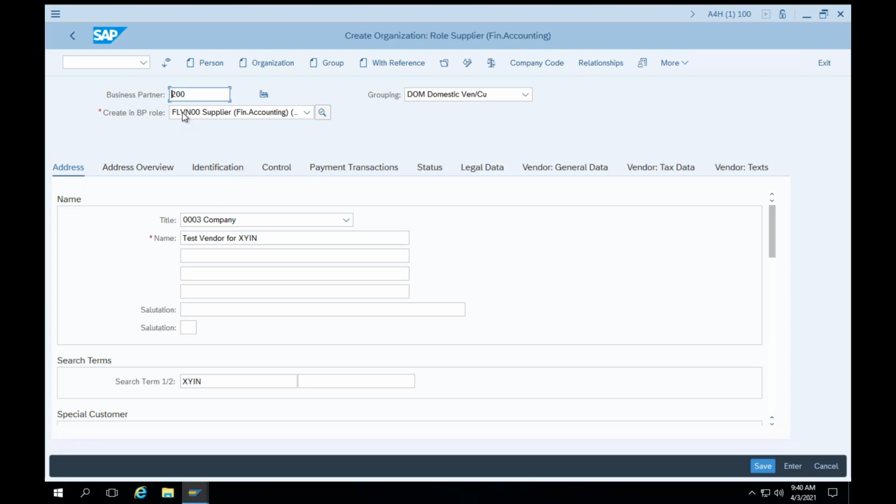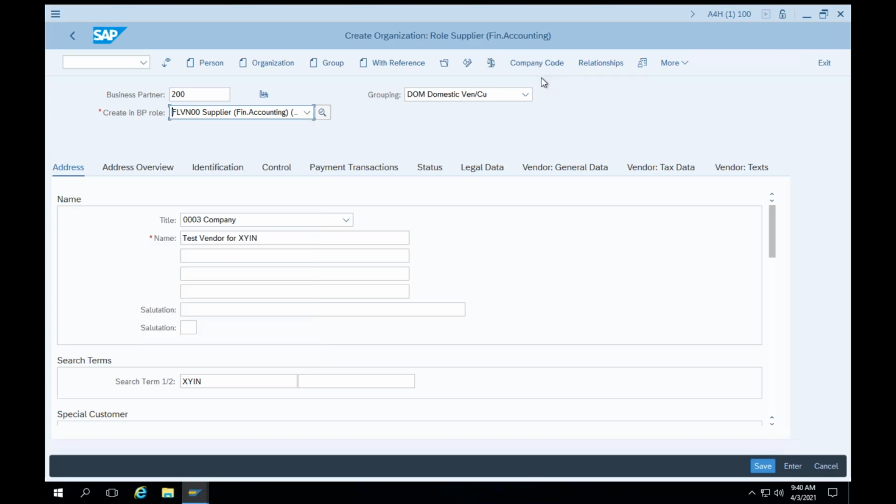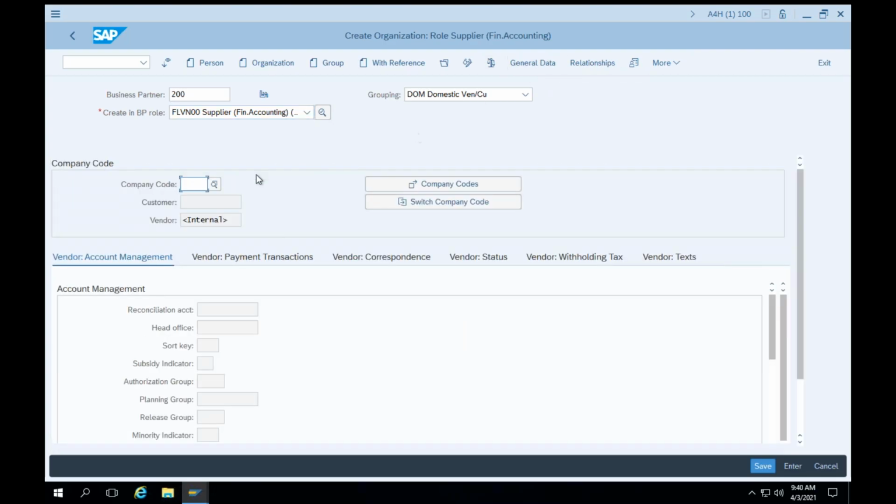And when you select this BP role FLVN00, you will be able to see this company code button, because vendor in financial accounting is created at the company code level. If I select FLVN01, then I'll be able to see the purchasing tab. If I click on company code, the system will ask me for which company code I want to create this vendor. So when the company code is XYIN,